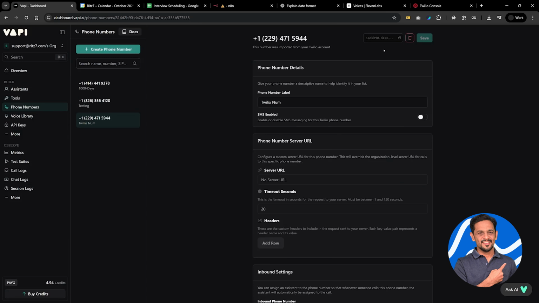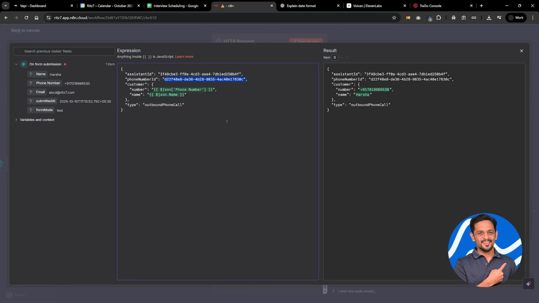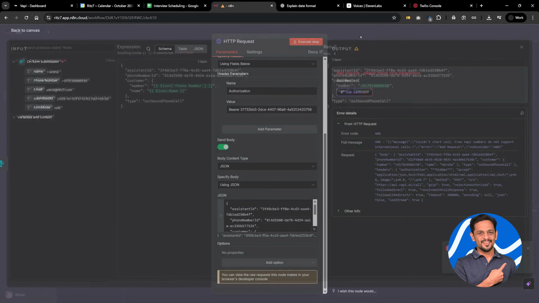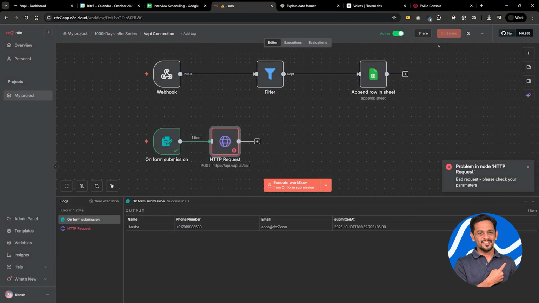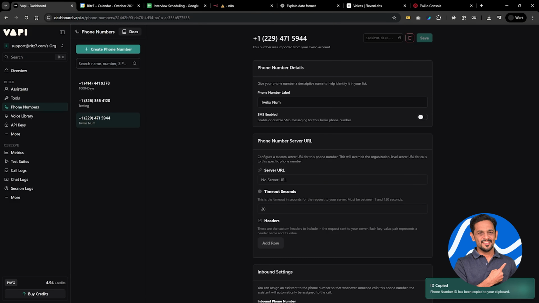Now I just have to replace the phone number ID in the flow. That happens over here. Phone number ID. So this one. Let's click on save. Let's go to assistant,